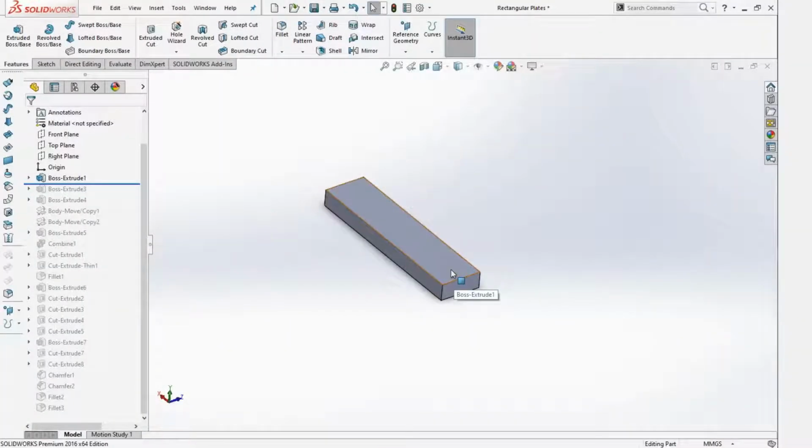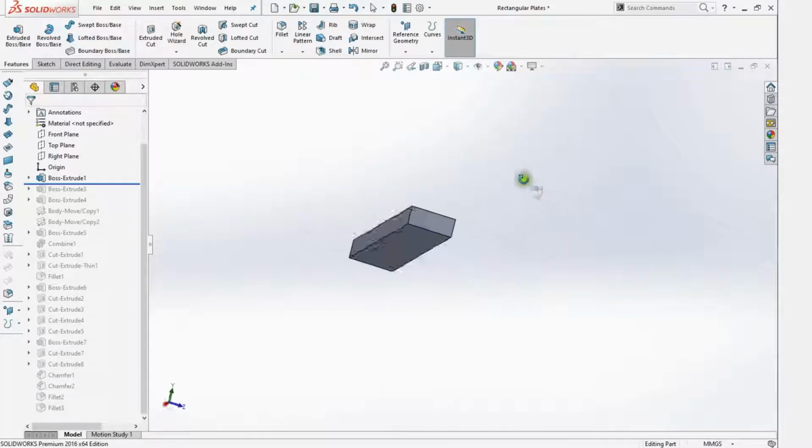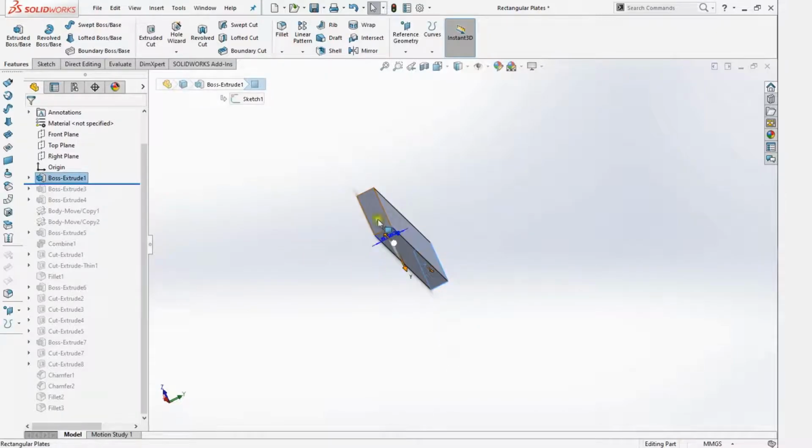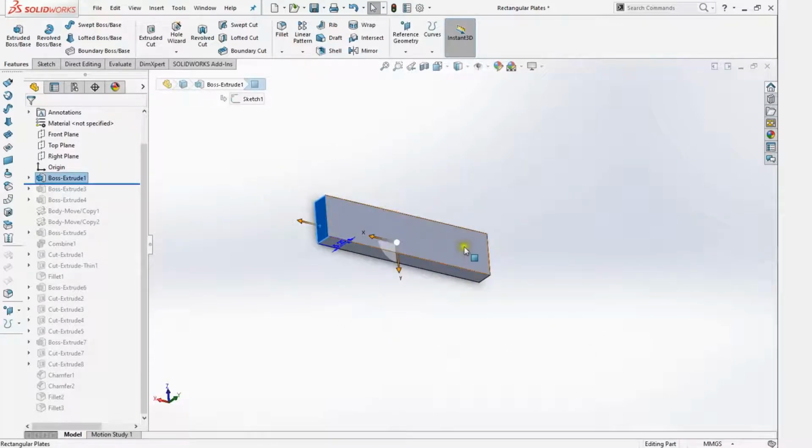Hi and welcome. In this video I will go through the design I did on this rectangular plate. I know what you think. This looks really easy, and yes, it is really easy. You could just add a vent here and add an inlet there and a mold around it, boom, there you